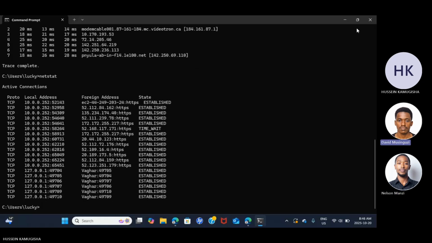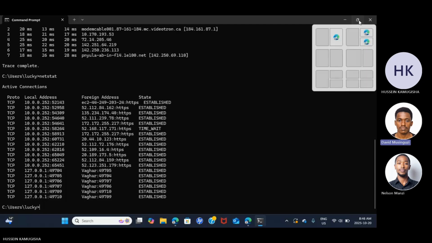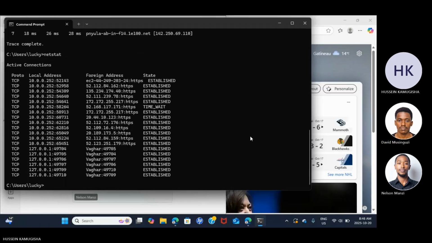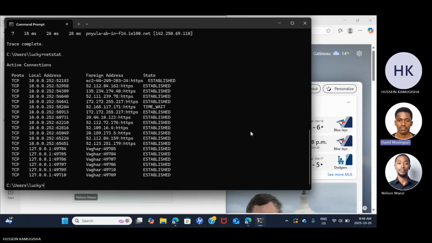Good. So yeah, it's going to show you all the network ports. You see these are all TCPs. You see your IP addresses there. It shows you where they're connected, everything. So in this way, you can easily decide, say you remove this, then you can also monitor what the person was doing maybe on their computer before you came in. So it shows all connections with addresses and ports, for both local and remote connections, all of them.